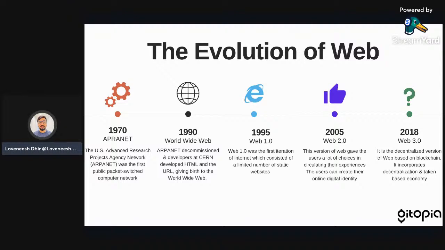So in Web 1, users were the consumers of the content created by others. Content creators were very limited, and there were developers who listed their websites over the internet in the era of Web 1. And in 2005, Web 2.0 came into the limelight. Web 2.0 is called the social web, and it is the web that we are currently using.